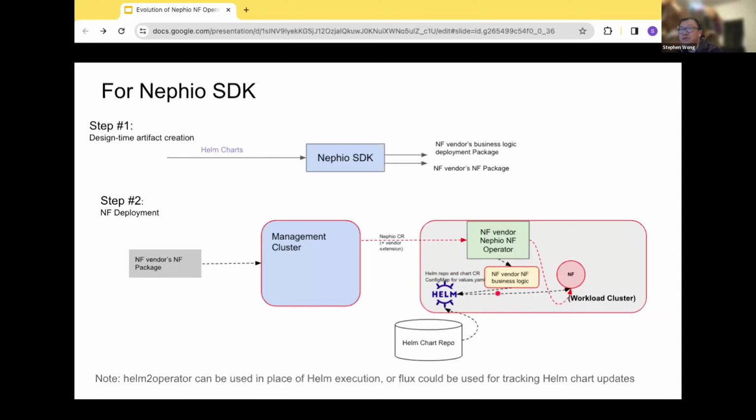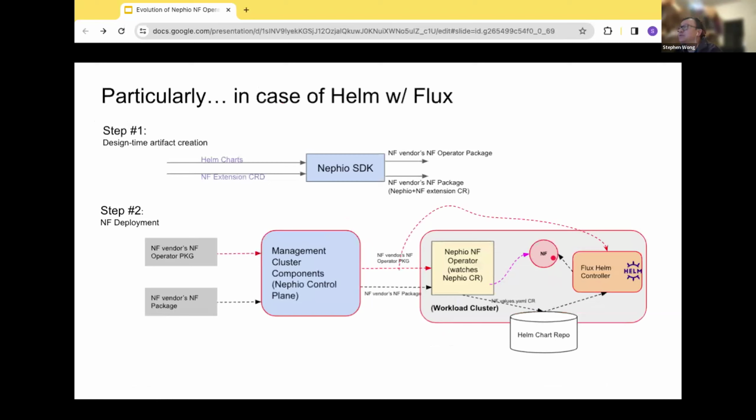From Operator SDK, and the Helm controller is from Flux, or it could be the Helm2 operator generated client code, if you will, and then it could be any of these. They basically take the place of an execution engine that takes the input and does the actual real deployment, if you will. Well, Kubernetes is the one that does the deployment, but you're asking Kubernetes to do a deployment with specifications. An example of using Flux would be, go